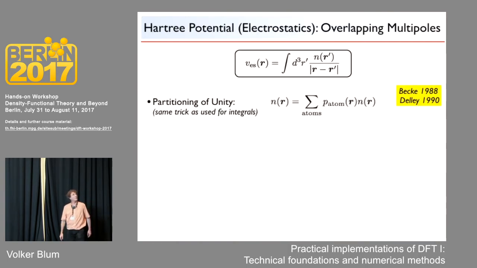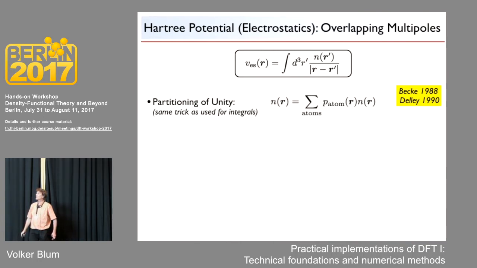You can use the same trick for electrostatics. That's also important. Without good electrostatics, we wouldn't get anywhere. Thankfully, we're dealing with atoms, so everything is atom-centered. We can again use this partitioning of unity trick, as it's called, just insert it in front of the density. After this, you have a sum